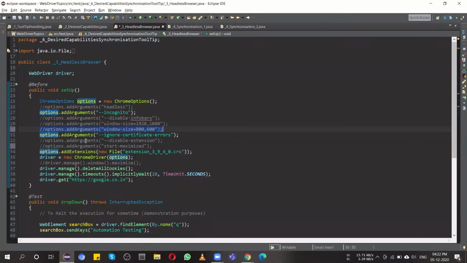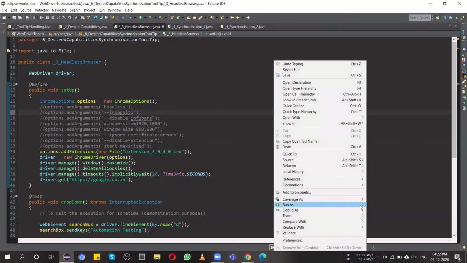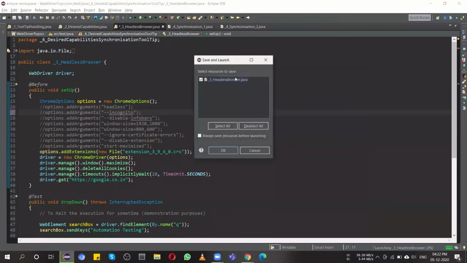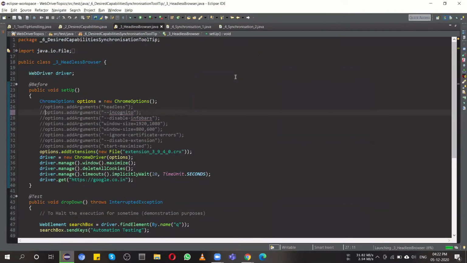And then let's just comment this also, we don't need it, and maximize. Now let's comment out incognito also, it might conflict with the scenario. So if all things go smoothly, we'll be able to see the extension got added, and then the particular scenario got started automated.